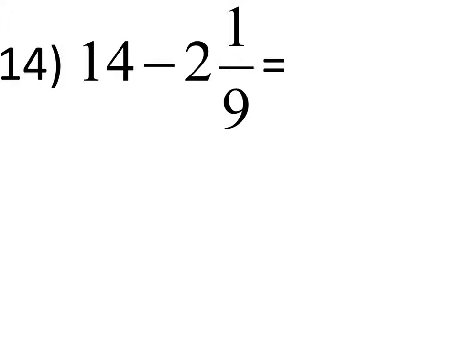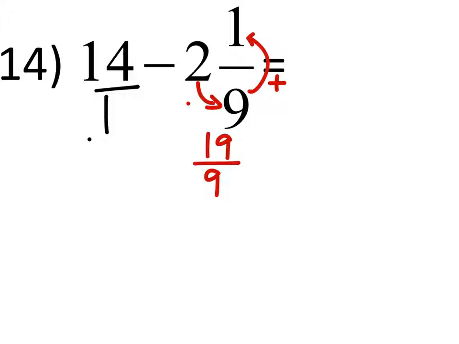All right, 14 is actually 14 over 1. So we will change the 2 1/9 into an improper fraction. 2 times 9 is 18 plus 1, 19/9. So if I got this 14/1 minus 19/9, I should change that 14/1 into 9ths. So I'll multiply these two by 9 to get a common denominator of 9. 9 times 14,